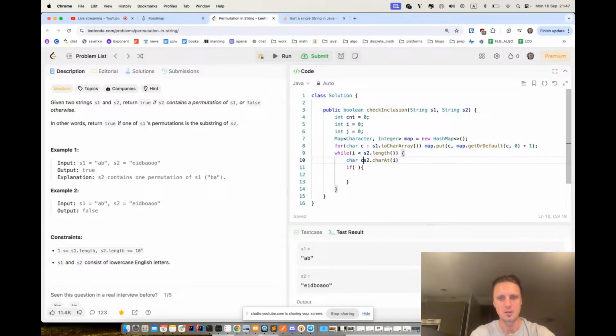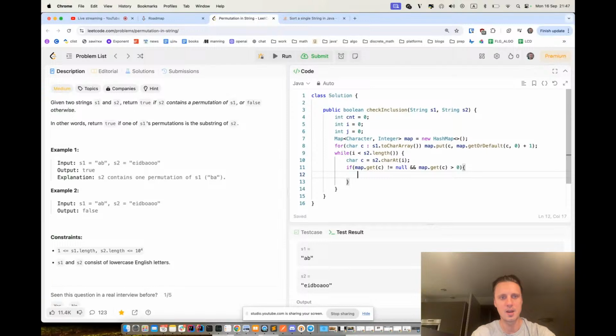It would be current char. Well, let's take it like c. If map get c is not equal to null, and map get c is greater than 0,